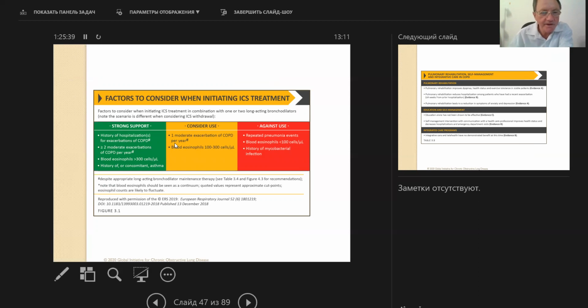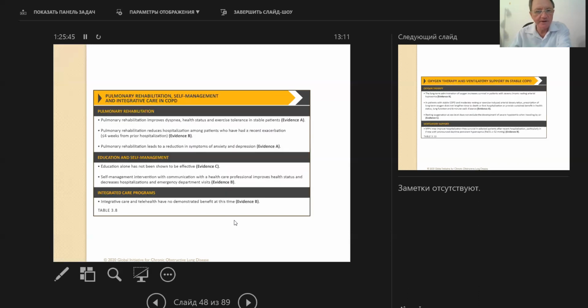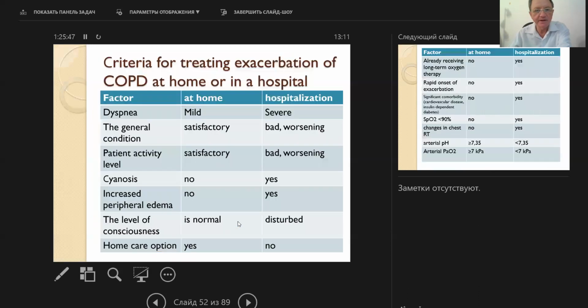So I would like to stress once more, you should start with criteria for treating exacerbation of COPD at home or in hospital. How can we evaluate? Firstly, a patient with severe dyspnea, worsening general condition, worsening patient activity, presence of cyanosis, peripheral edema, disturbances of consciousness, no care option at home,